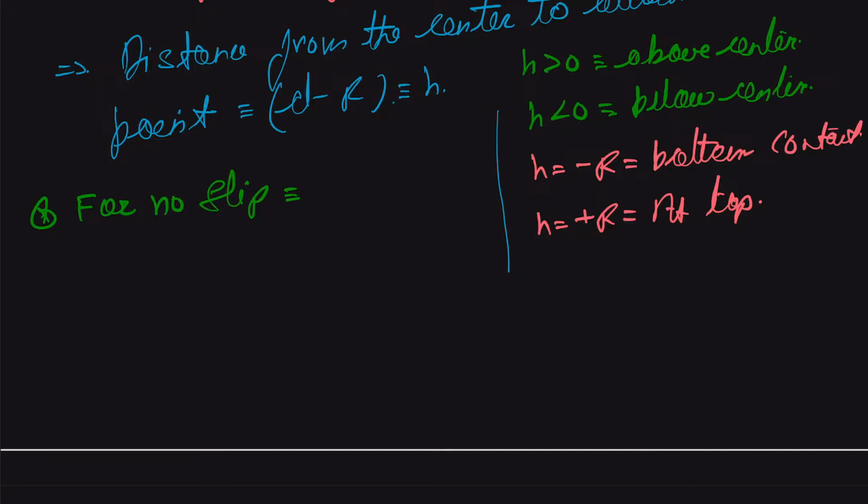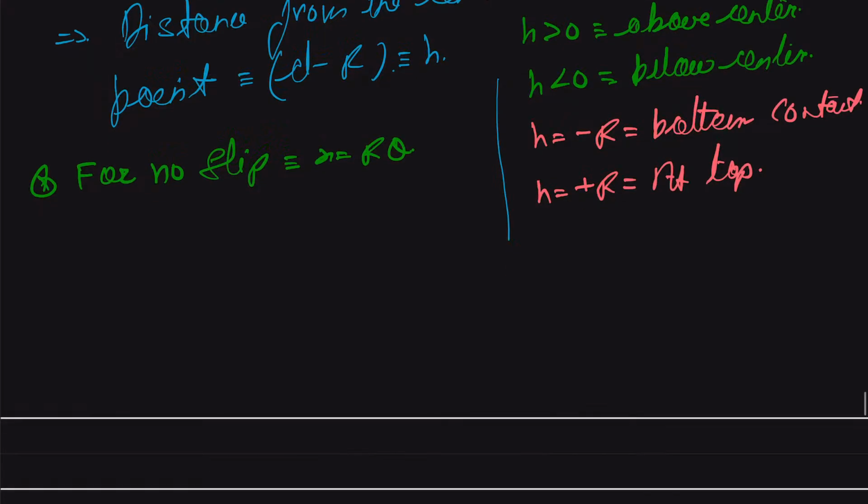we can write that x is equal to r theta, and its first derivative gives us r omega, and its second derivative gives us r alpha. And if you assume that the center moves by a distance of x, therefore we can say the horizontal displacement due to the rotation,